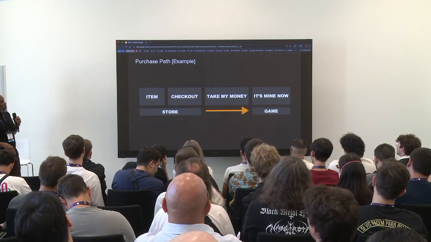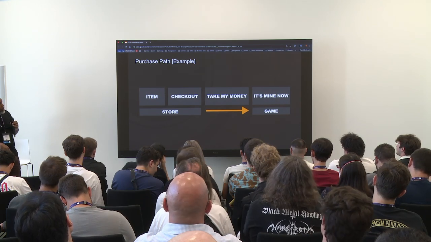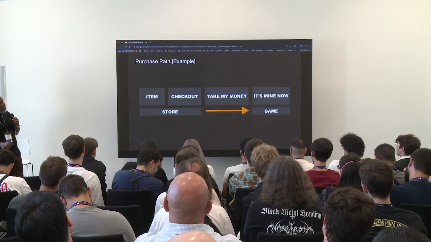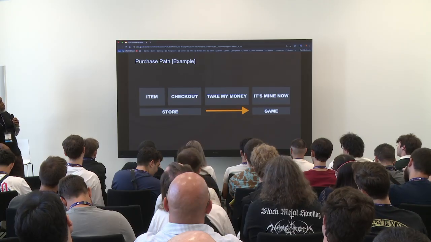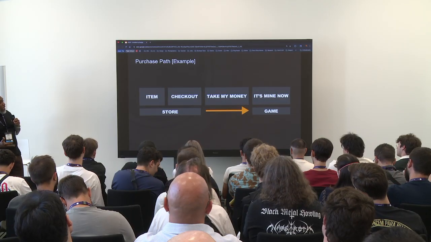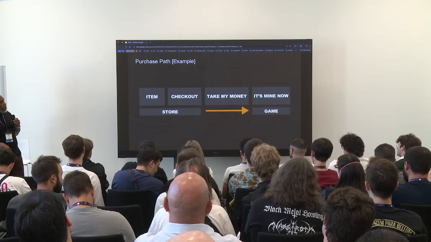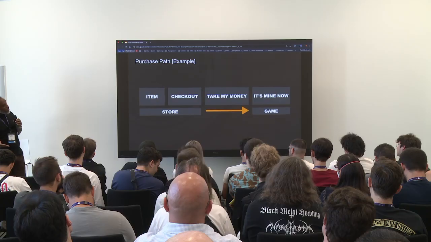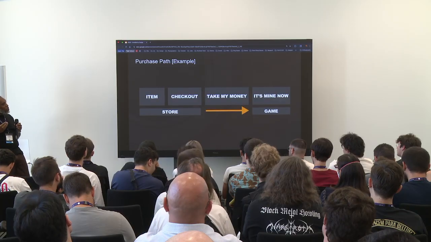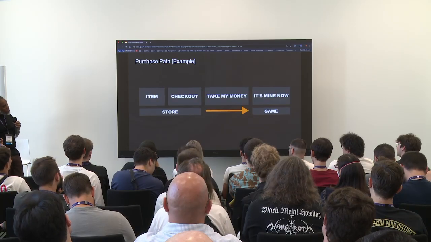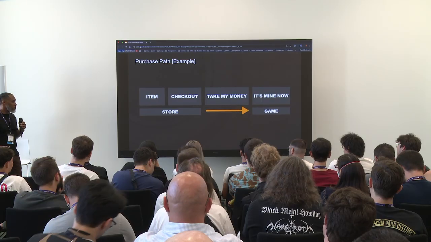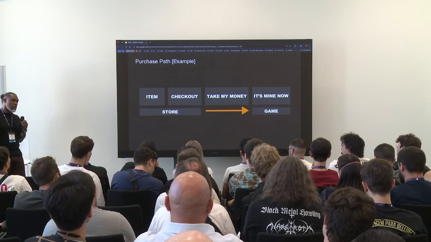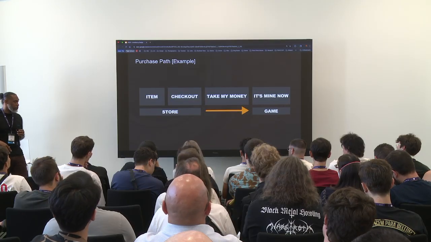In this example, I use a store as the shelf. There's an item that is in that store. You want to be able to check out while you're in that store. You want to be able to take the money. That player wants to be able to receive their item and then go into their game and use or play or do whatever it is that they want to do with that item that they've purchased.